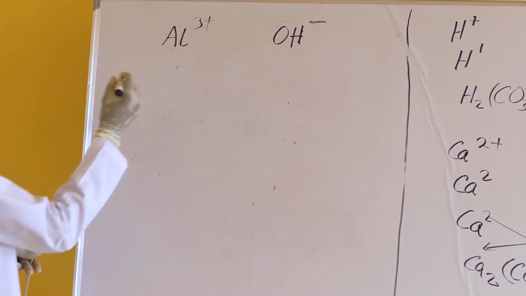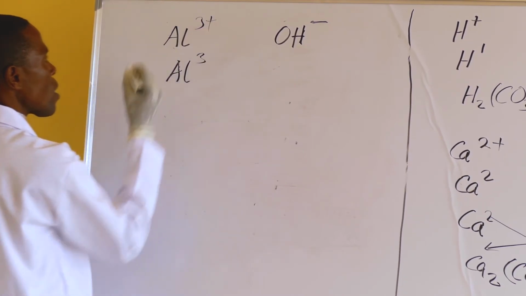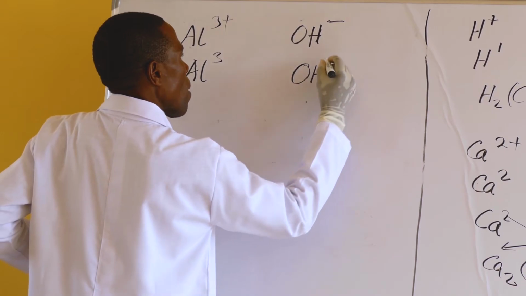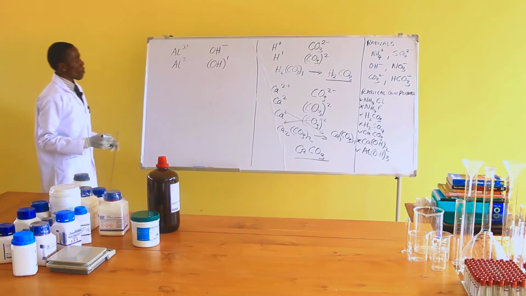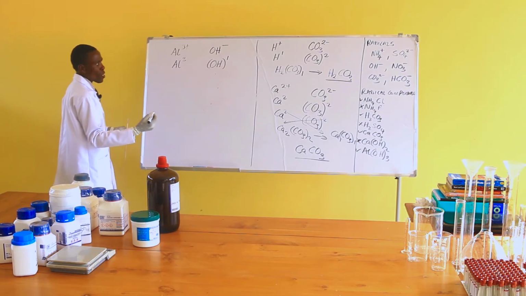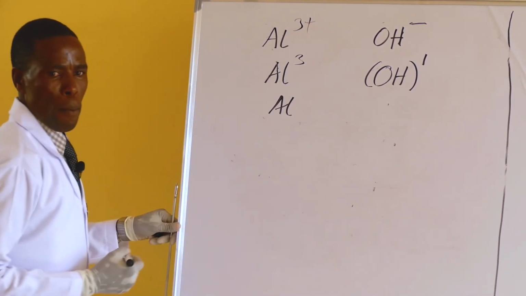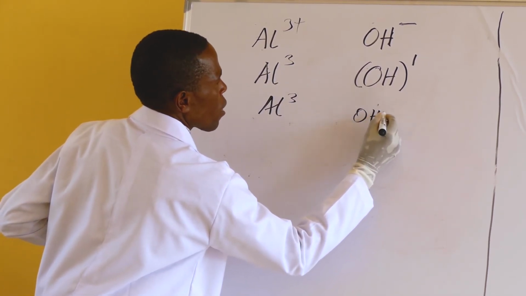Now after that, we have aluminium with a valence of 3, and hydroxide with its valence. But before, we introduce a bracket like this, and we have a valence of 1 over there. And then it is the exchange of valences. When you exchange the valences, you have aluminium, 3 over there, and hydroxide,